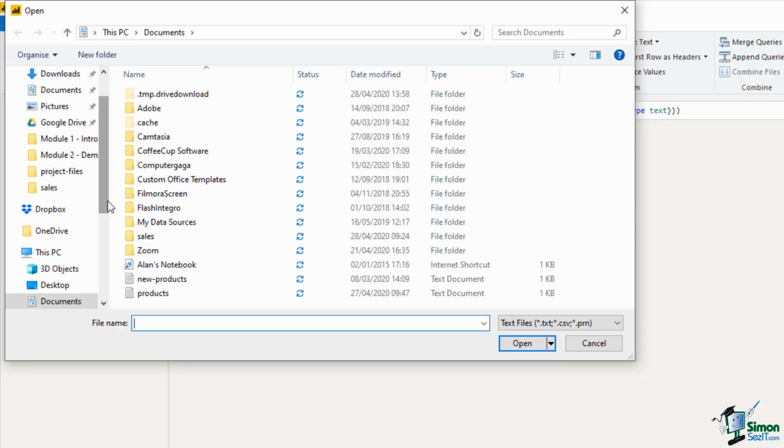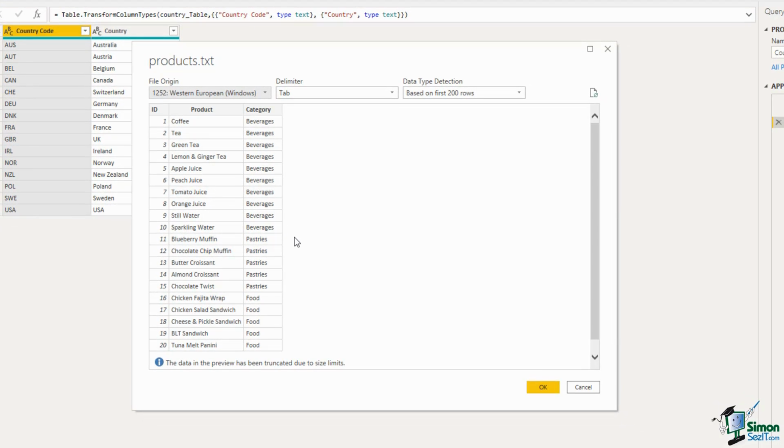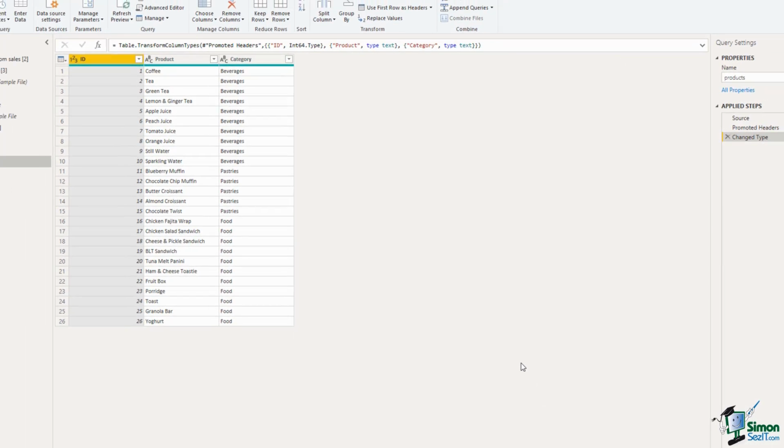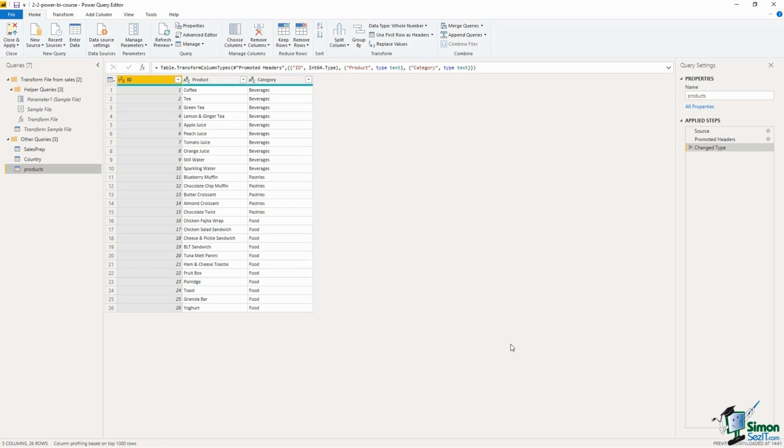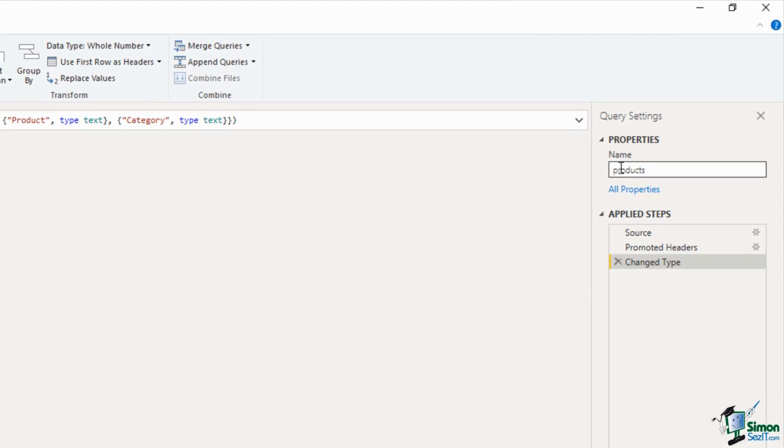That will take me to the Documents folder, and this products file is the one that I want to use. So after selecting, I will click Open. I have this preview of the text file showing me the ID of the product, its name, and then a category that it has been assigned to. Looks great. I'll click on OK. And now it's in Power Query, where if needed, I could perform some transformations. But just like with the Excel workbook, this looks good. On the right hand side, I will capitalize the name